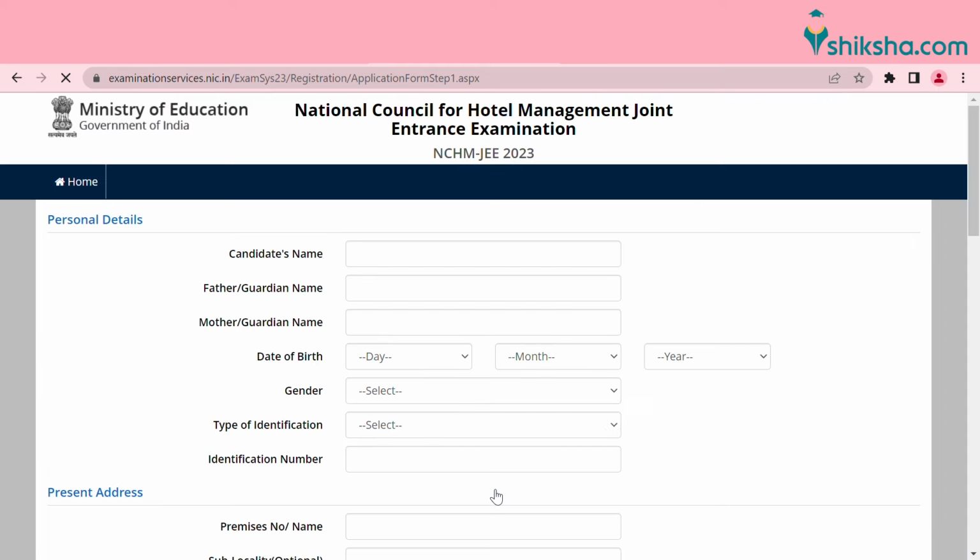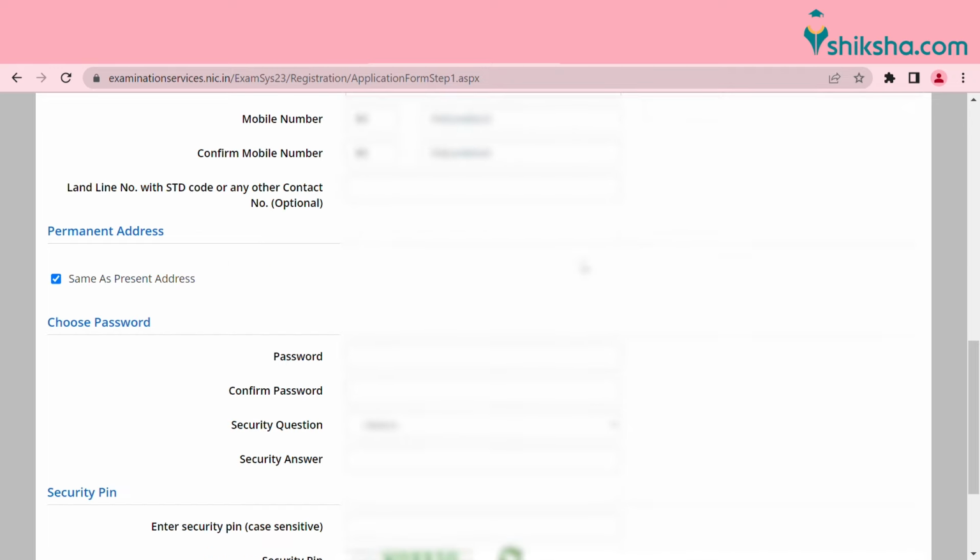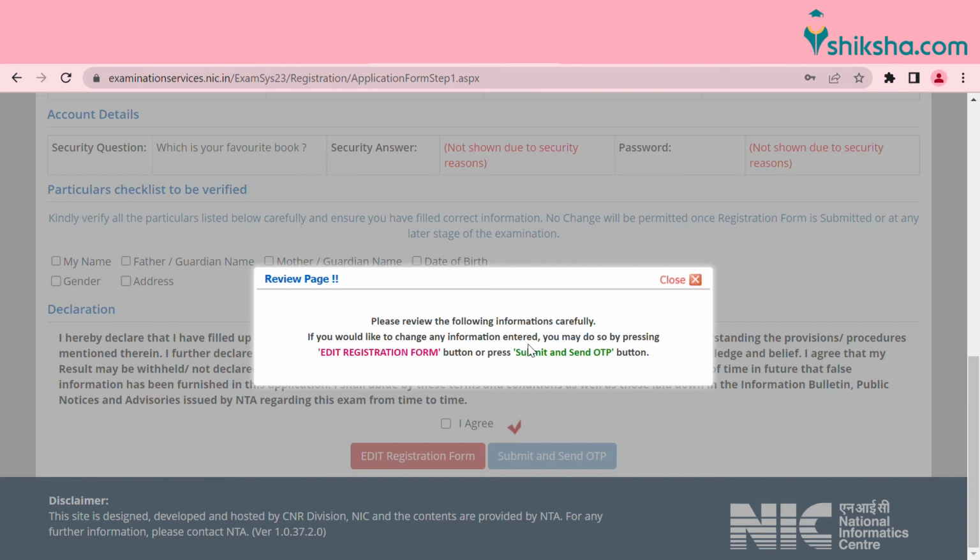to register. To register for NCHMCT JEE, candidates first have to register with their personal details, permanent address, present address, as well as create a password and then verify all the details before proceeding to next step. Candidates will receive an OTP on their registered mobile number to proceed for the next step, which is filling up